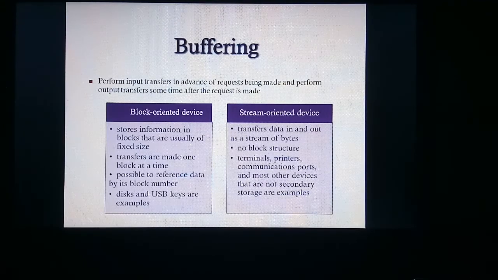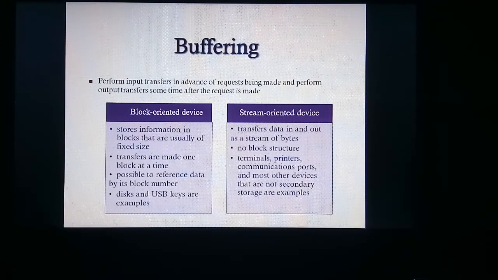But if the data is freely flowing in terms of bytes, no block structure is required, then it is a stream oriented device. The disk and the USB keys are examples of block oriented devices, and examples of stream oriented devices are the printer or the terminals. They handle the data in the form of streams.